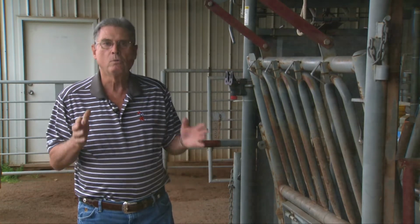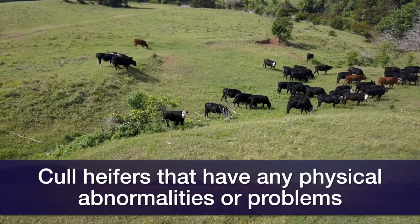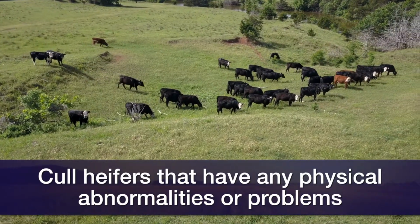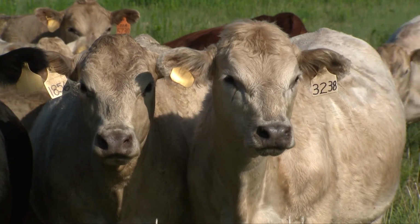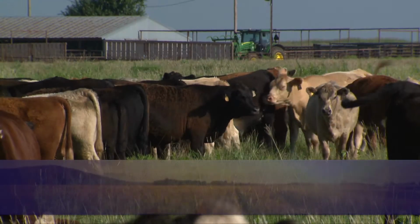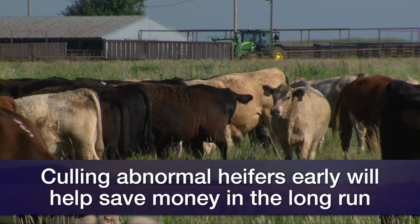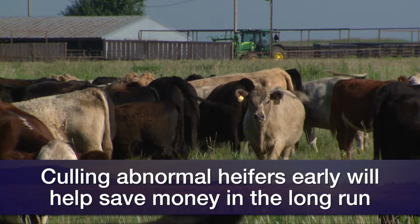Number one, we want to identify any heifer that may have something anatomically or physiologically wrong with her to where she just can't get bred. We want to get her identified and out of the herd as soon as possible. Number two is that if we decide that we're just going to keep her and find out next spring whether she has a calf or not, we've put that summer and winter feed cost into her before we actually identify